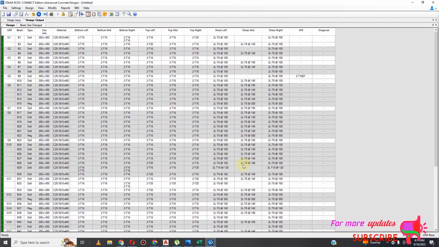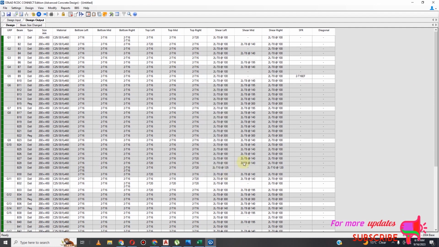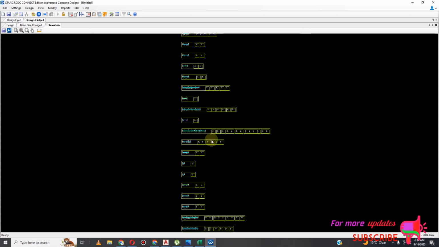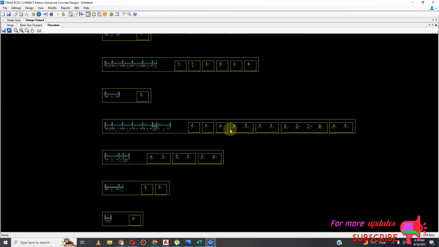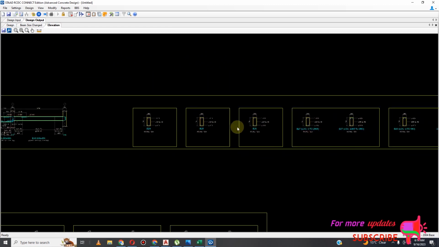No, wait, first wait. Then don't forget cross section, very important. So you can see I have T20s, the T20, and of course I don't have side face reinforcement. That is why I avoided